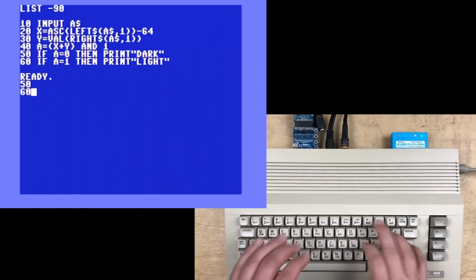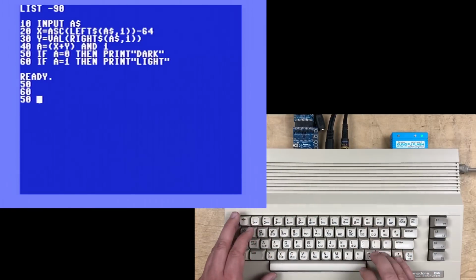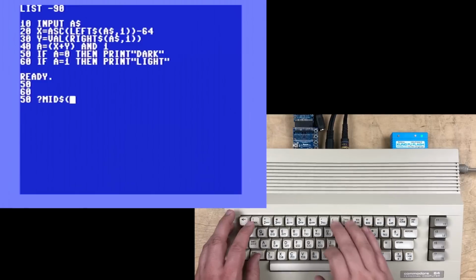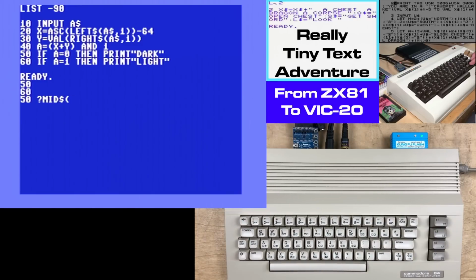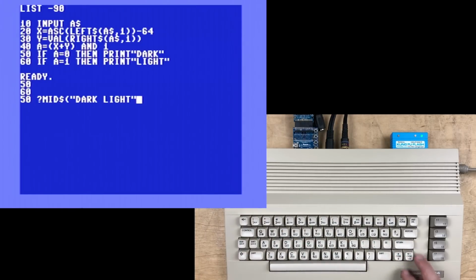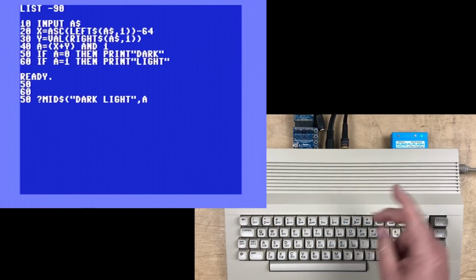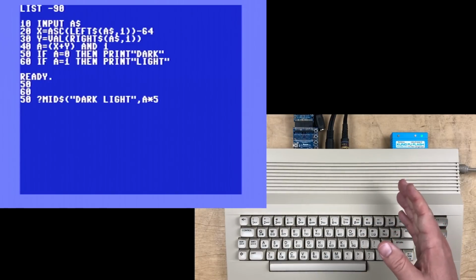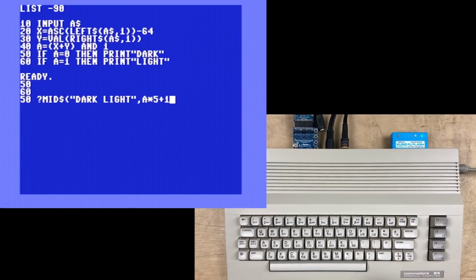Well, let's delete 50 and 60. What we can do instead is print out MID$. This is a trick we used in that 10-line adventure program long, long ago. We can combine the two strings into one string, put dark and light together in the string, and then we can take A, which is either 0 or 1, multiply that by 5, and because MID$ expects a 1-based string position, we'll add 1, and